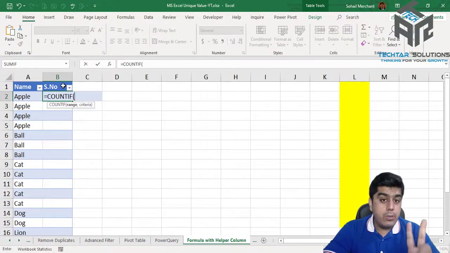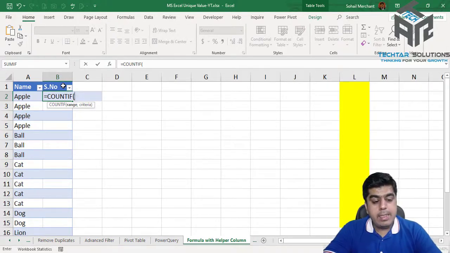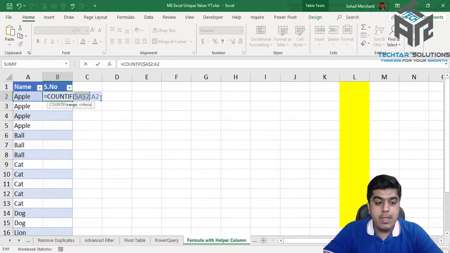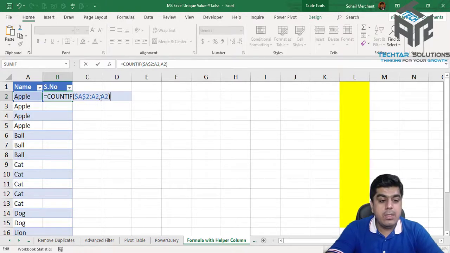And now there are two arguments, range and criteria. For range, I will write A2 colon A2, and I will freeze the first part of the range. Now for the criteria, I will again write A2, parenthesis close.